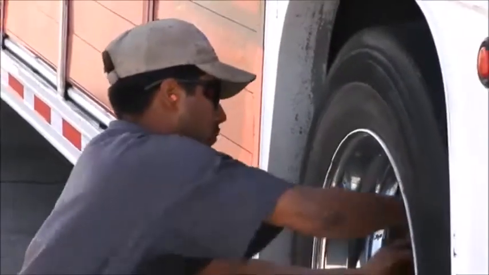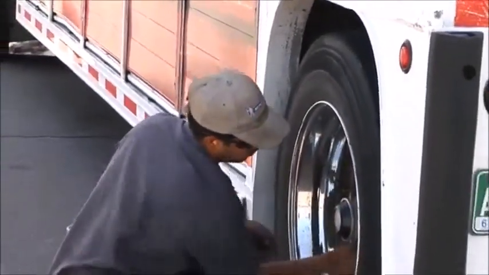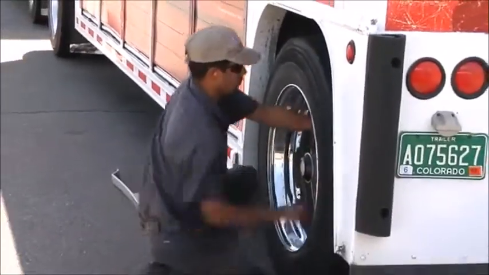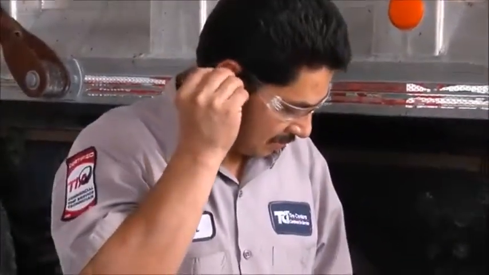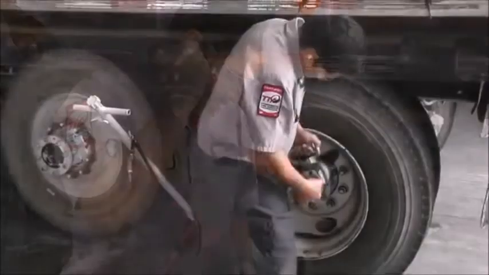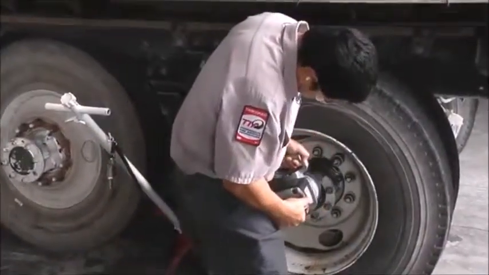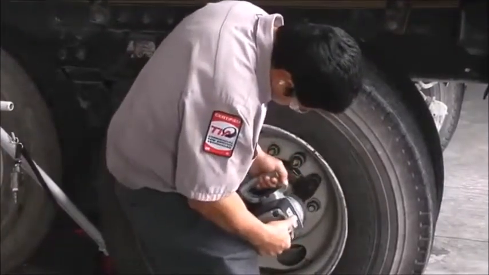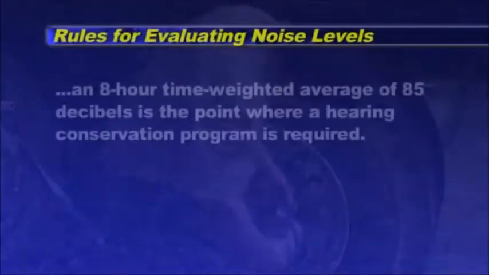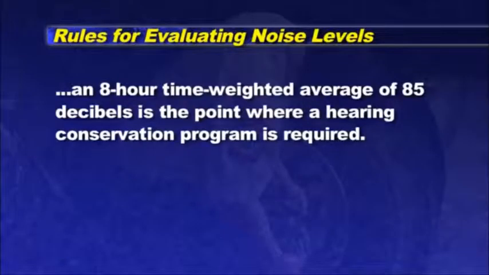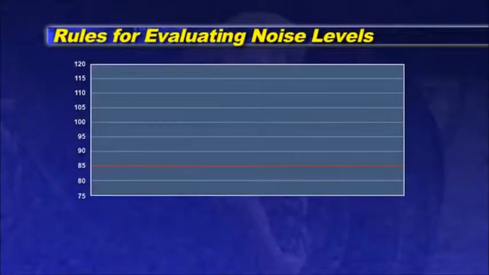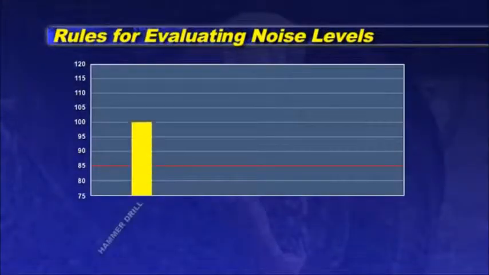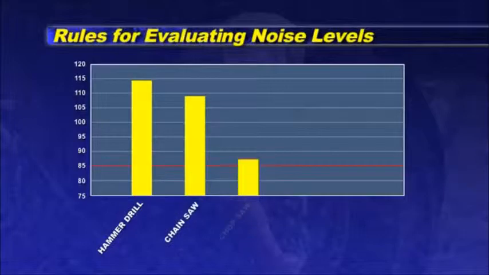The final piece of personal protective equipment that must be in place is hearing protection. According to the National Institute for Occupational Safety and Health, approximately 30 million workers are exposed to hazardous noise in the workplace. OSHA standards state that an 8-hour time-weighted average of 85 decibels is the point where a hearing conservation program is required. This graph shows the average decibel level for various construction tools, which would be used to determine